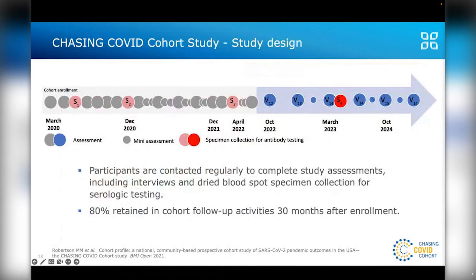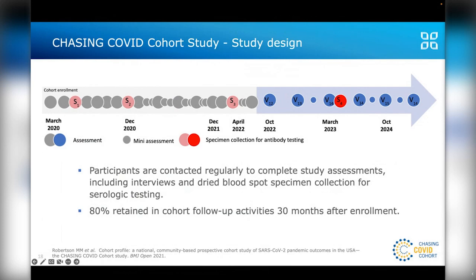This slide shows the design of the study, including the frequency of interview assessments and specimen collection. As I mentioned, we launched in late March of 2020, and by mid-May to June of 2020 had recruited nearly 7,000 participants, and most of them had provided a baseline dried blood spot specimen. So recruitment was very fast, with the overwhelming majority of our participants still seronegative by the time they enrolled in